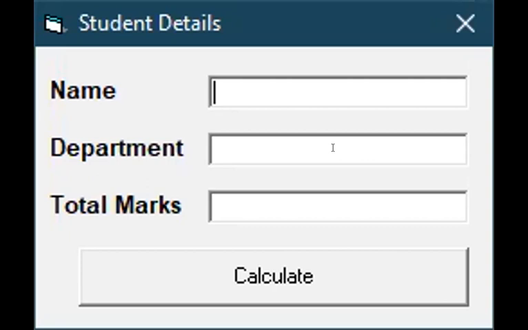See, first I'm trying to type in small letters. You can observe I am not able to type. I'm trying to type a name called Ravi. It won't type. This is what we have done in the key press: it should be between capital A and capital Z. Same way for department, I'm typing CS in small letters. It won't print because I'm typing in small letters. Now if I type in capital letters, it will accept. So only capital letters will be allowed in the text box. And then I'm giving department CS.